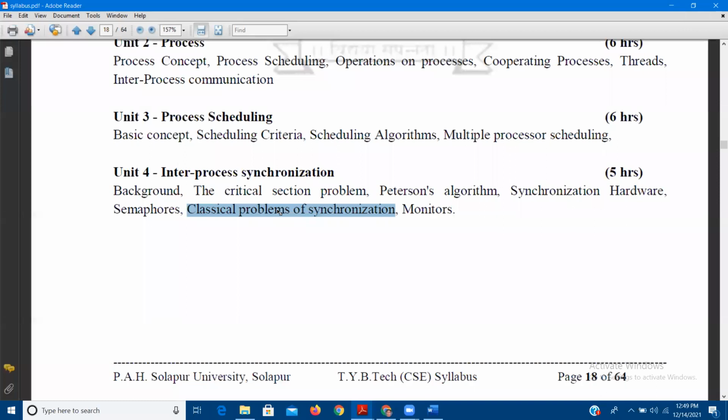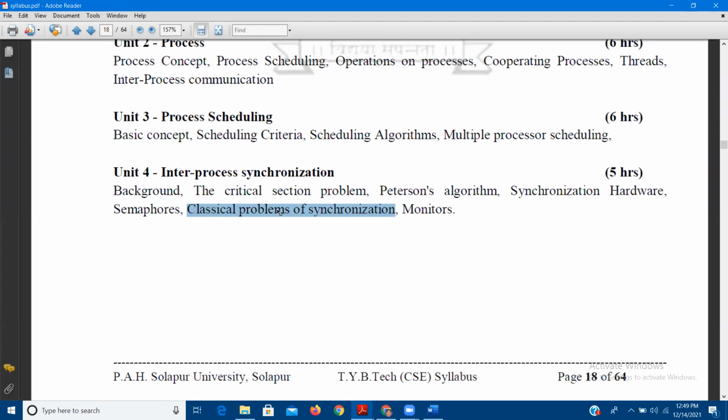For example, producer P1, consumer C1, producer P2, consumer C2. The item produced by producer P1 should be consumed by consumer C1. The item produced by producer P2 should be consumed by consumer C2. Like that, P3, C3, P4, C4, onwards.